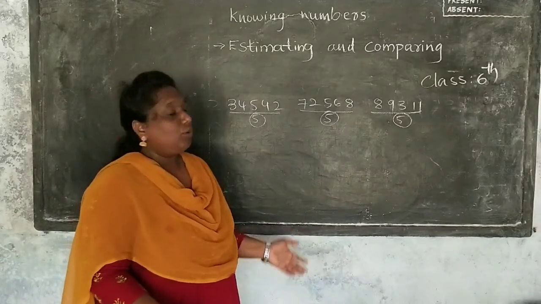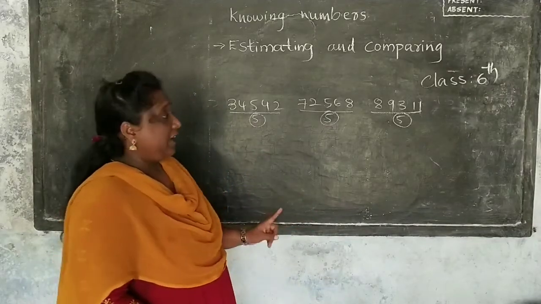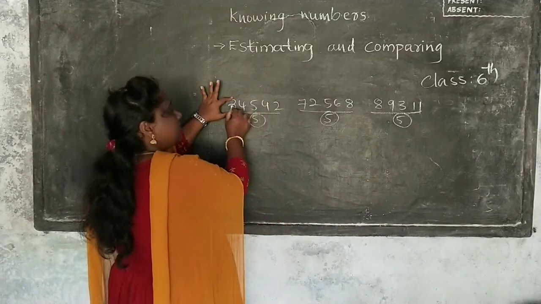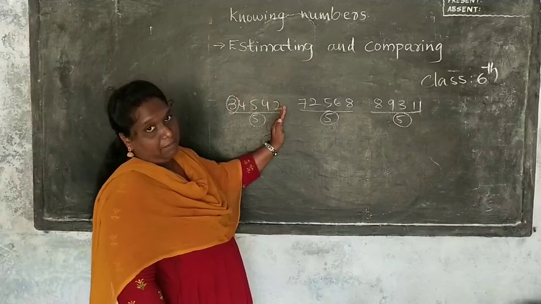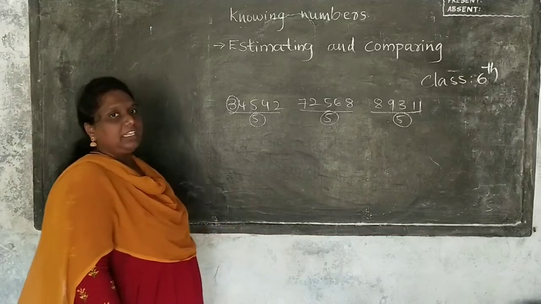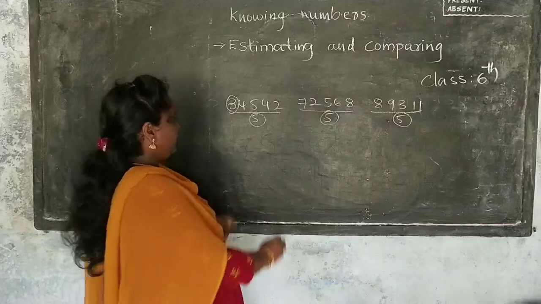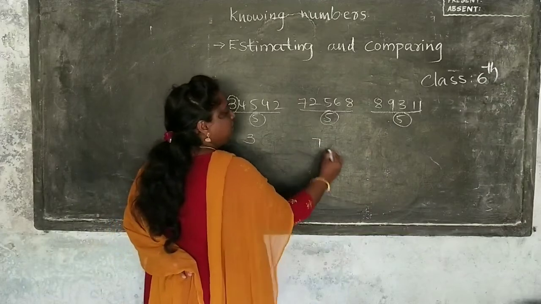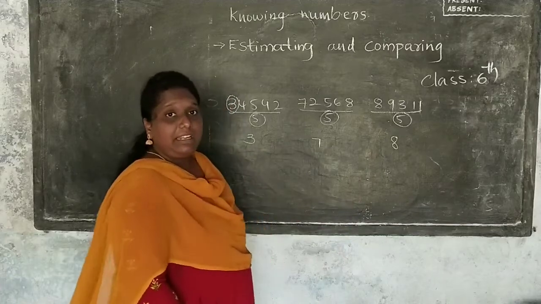Now all the numbers have 5 digits, so what we have to do is check the 10,000 column, meaning ones, tens, hundreds, thousands and 10,000. We should compare the numbers from the right to the left, not left to right. Okay? So what we have to compare, beta? We have to compare from right to left. Here the first right most number is 3 and here 7. Here 8. So among these 3, 7, 8, which is the greatest?